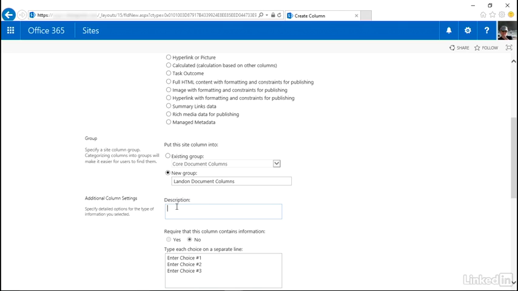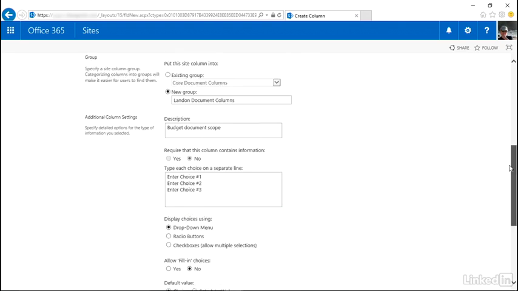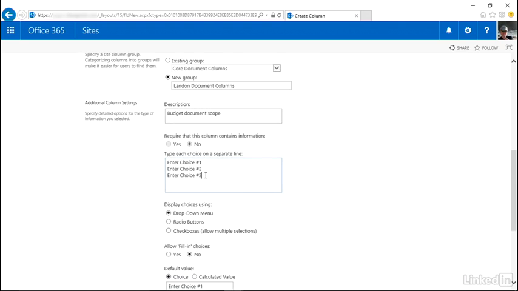Then we have to fill out additional column settings. First, the description, which is budget document scope. Require that this column contains information. Well, if I require that it contains information, then I have to make sure that at the time someone's saving it, they know what those choices are. It might be that they're not sure yet, so I think I will leave this,